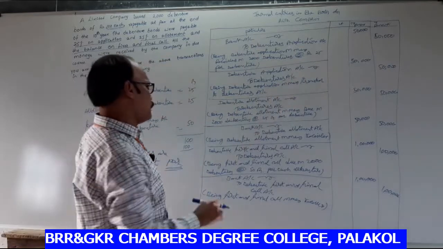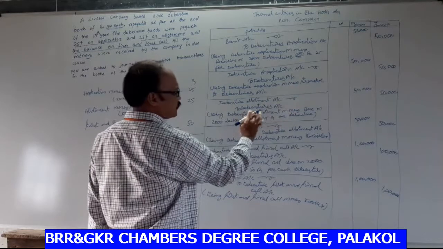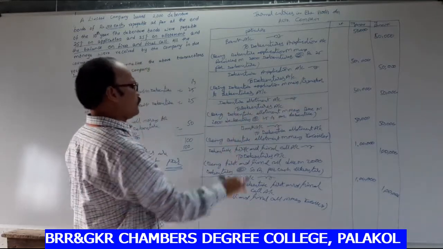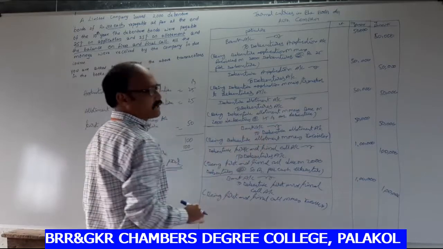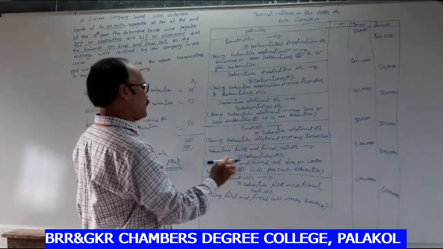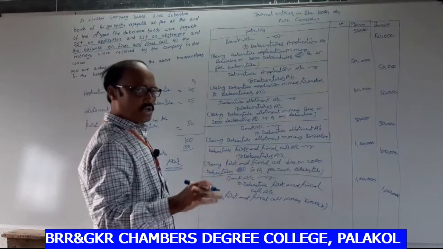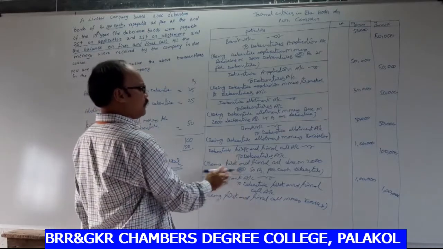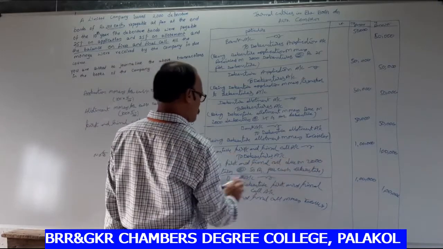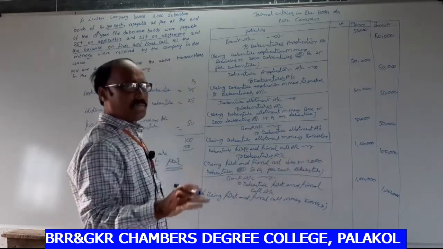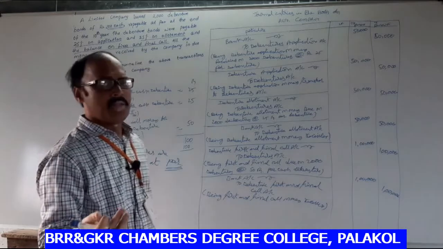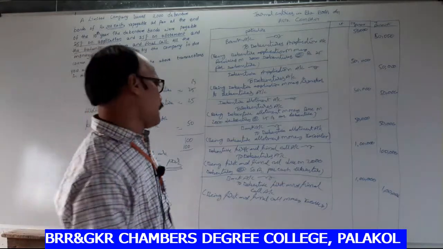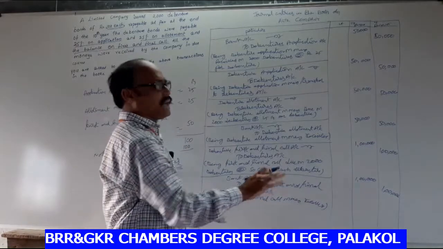Next, allotment money due. Debenture allotment account debit to debentures account, 50,000. Allotment money received, bank account debit to debenture allotment account, 50,000. When first call amount is due, debenture first and final call account debit to debentures account. First and final call amount due on 2000 debentures at the rate of rupees 50 per debenture, 1 lakh. Next, first and final call amount received, bank account debit to debenture first and final call account.